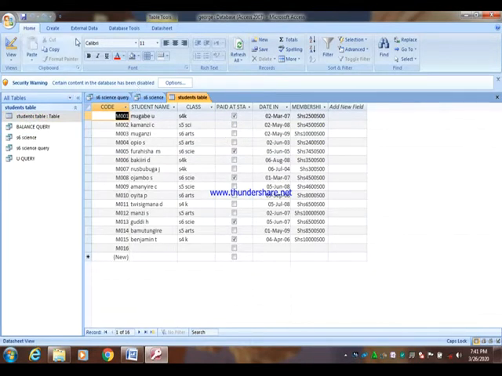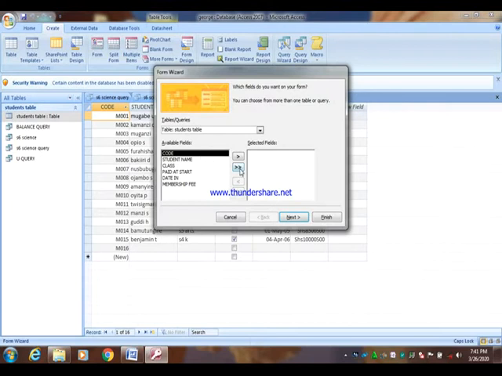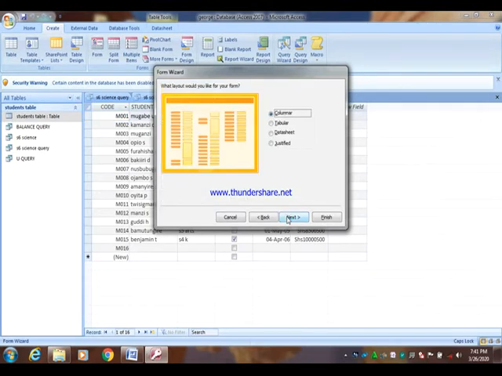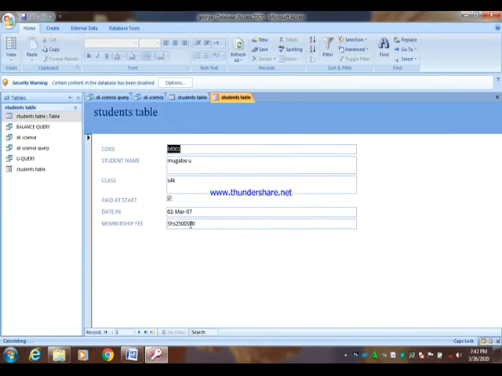A form is extracted from the raw data you have. Let us go and you will be able to see also the form. So the form is used to enter data. This is a form, meaning that in case I want to enter another student, I will just come and click here,